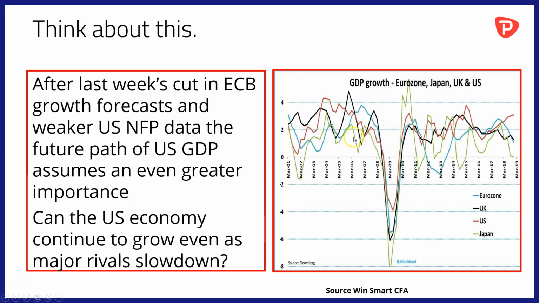And the chart here on the right plots GDP growth in Europe, Japan, the UK and the US all the way back to 2001. What we can clearly see on the right hand side of the chart is the sharp decline in a number of the other GDP performances, but the US continues to head upward. Now, will that gap be maintained? Will the US itself start to slow? How much faster will some of these other economies slow down as well? Those are all important questions for the market.